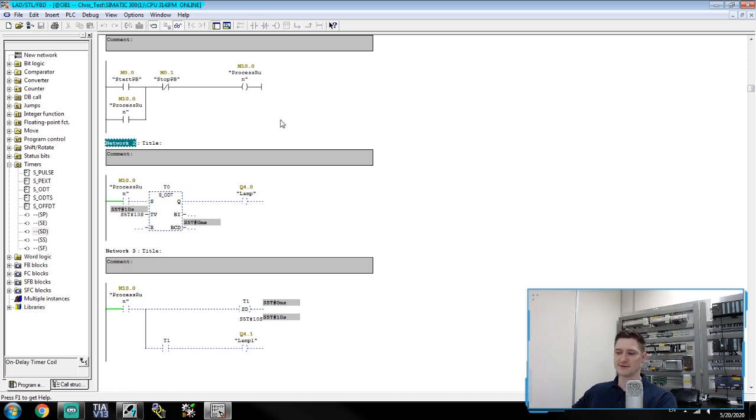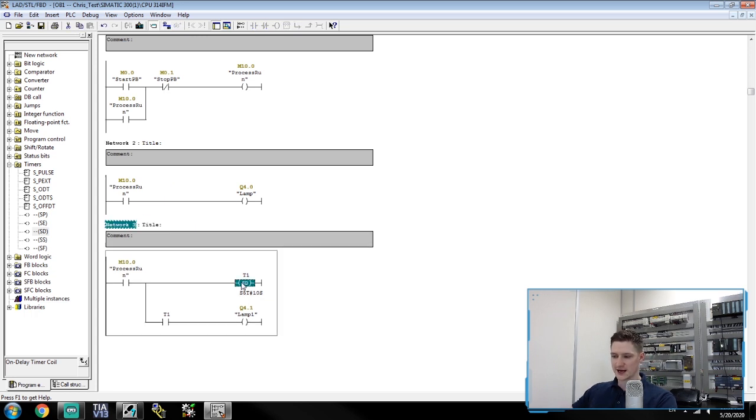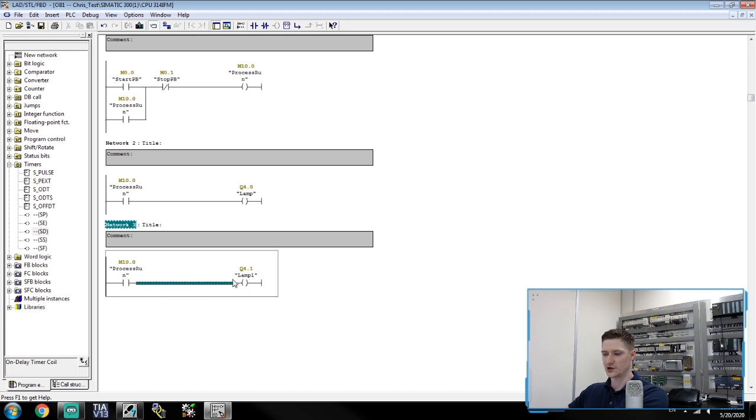Now the next timer that we're going to be having a look at is the off-delay timer. So what I'm going to do here is I'm just going to come offline, and then I'm going to delete the ODT, and I'm going to delete the SD. And I'll delete the contact and the coil for this guy. Now the off-delay timer is this guy here, which is